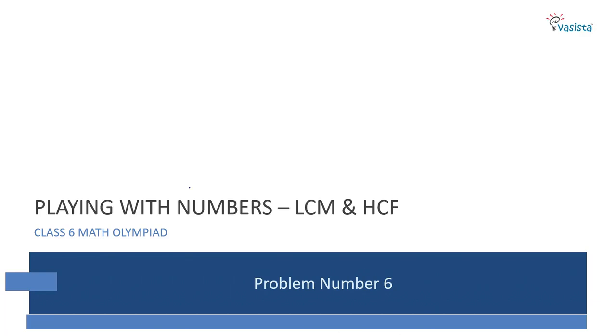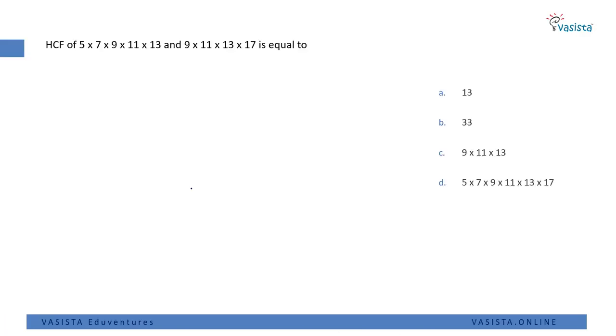Let us check out the sixth problem here. The HCF of 5 into 7 into 9 into 11 into 13 and 9 into 11 into 13 into 17, they have given, which we are supposed to find out. Let us check out here. Right here, to start working on it,